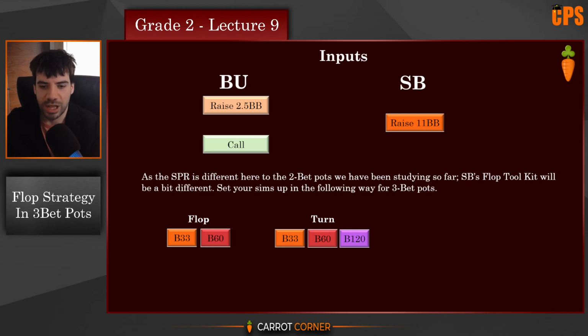B120 is plenty big enough an overbet for a 3-bet pot. We don't have to go larger than this because we're already facilitating pot growth towards the investment ceiling with this sizing, even when the flop goes check check. In fact, the main time where I would advocate overbetting in a 3-bet pot on the turn is actually after you've checked the flop out of position, but done so with a protected range containing some nutted hands like overpairs